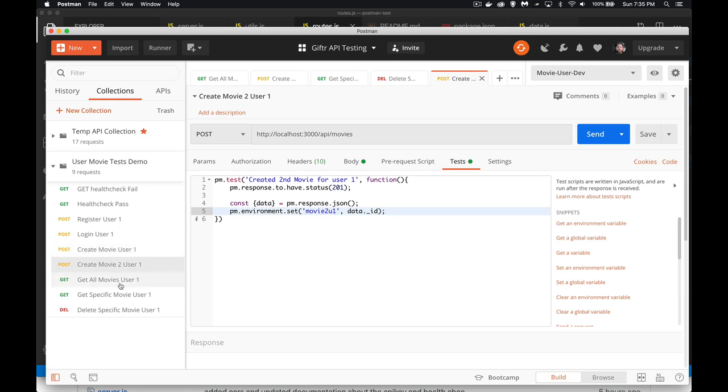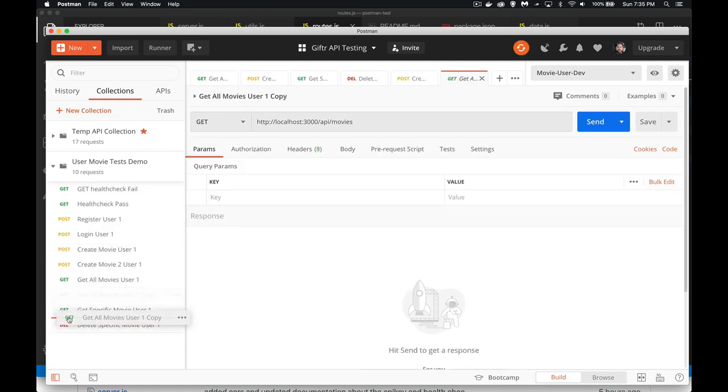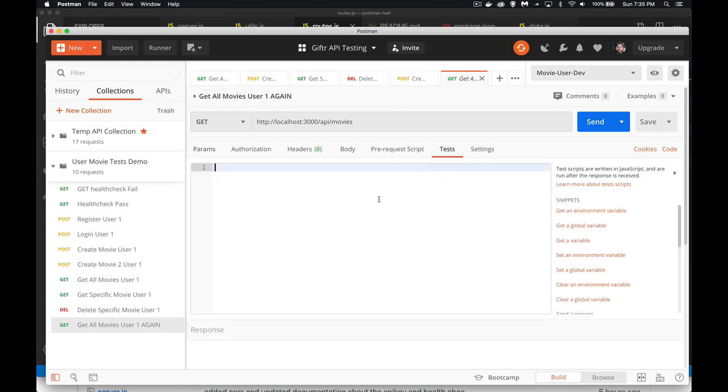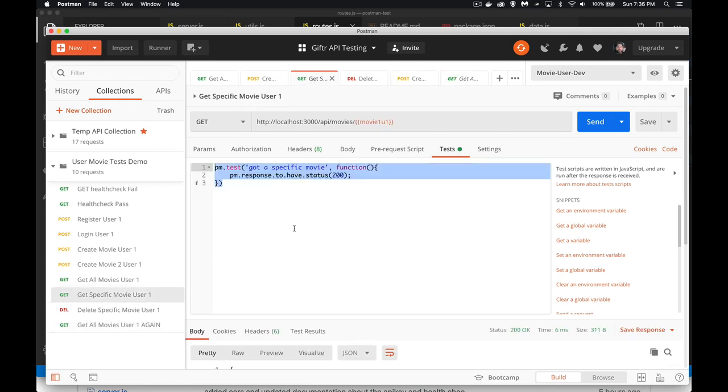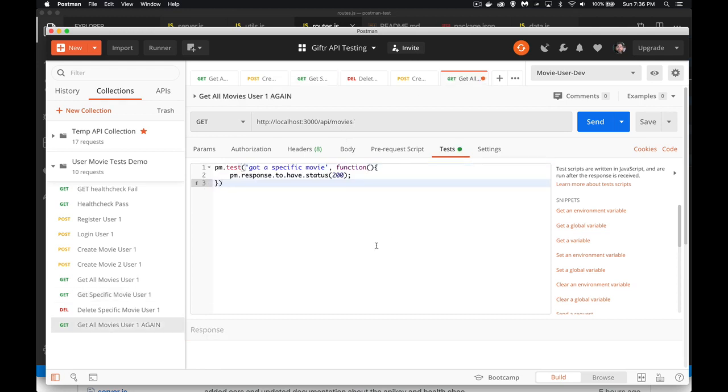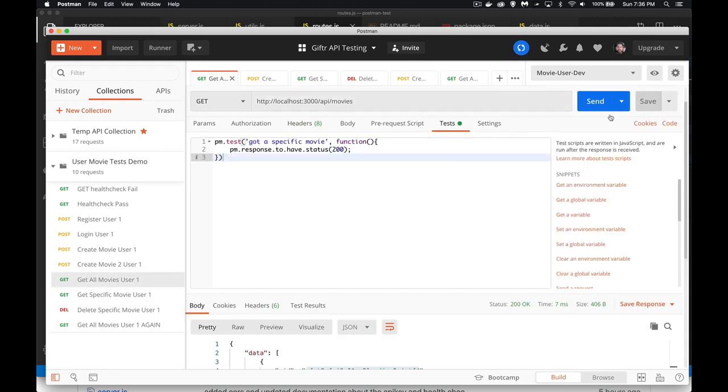And then I'm going to get all the movies again after I do the delete. So I'll move that down to the bottom and get all movies user 1 again. Tests. We don't have a test. We can check for that status. There we are. Okay, so